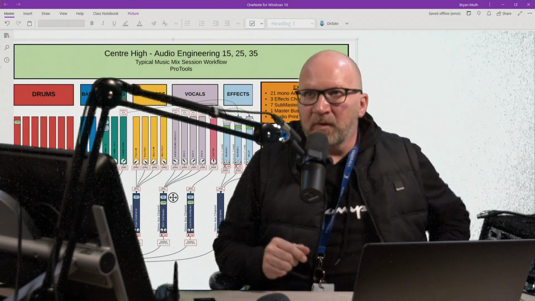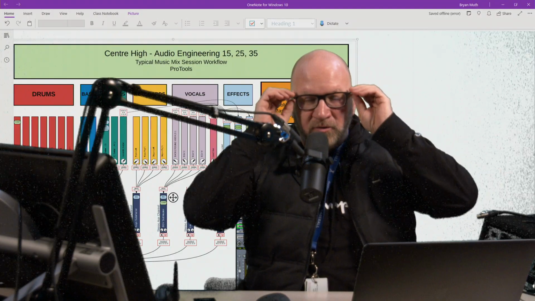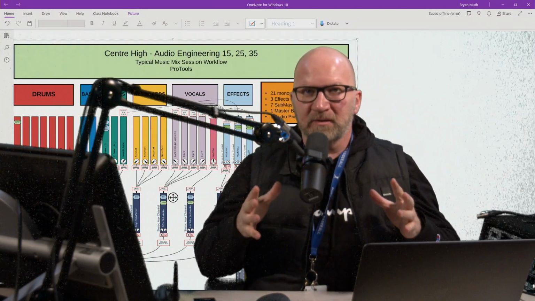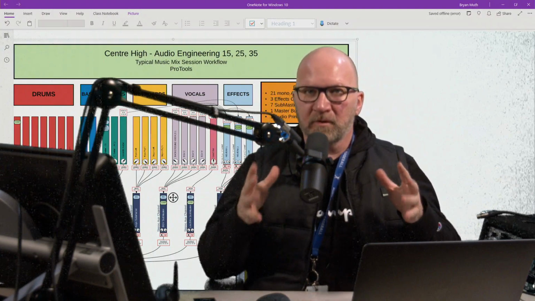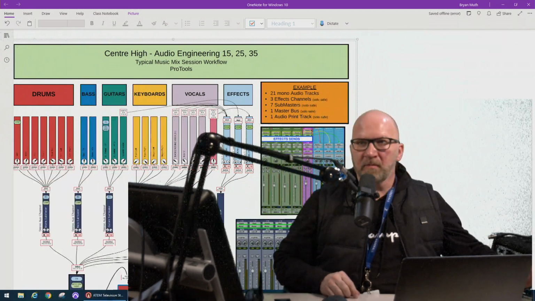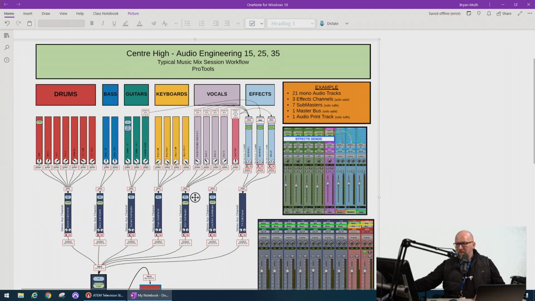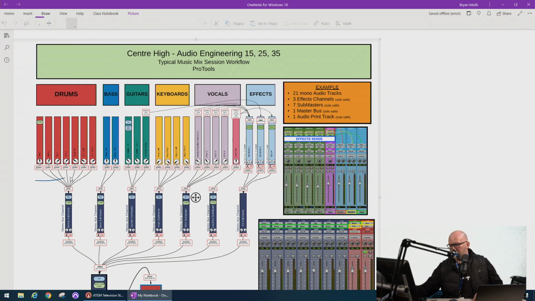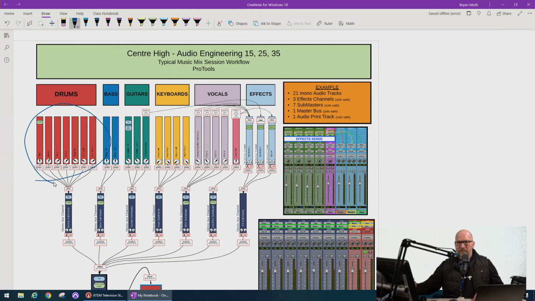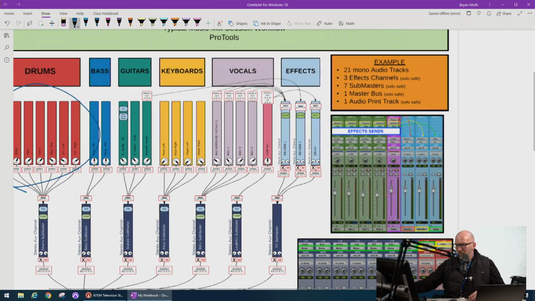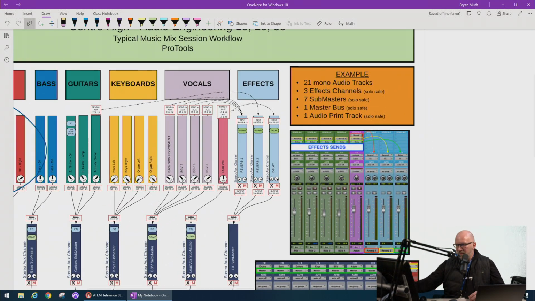Hello, folks. We're going to get into setting up effects sends. Let's do it. You might recognize this. We've already done things like this, where we've grouped our drums and sent them down to a submaster. That's fine. What I'm going to focus in on today is taking